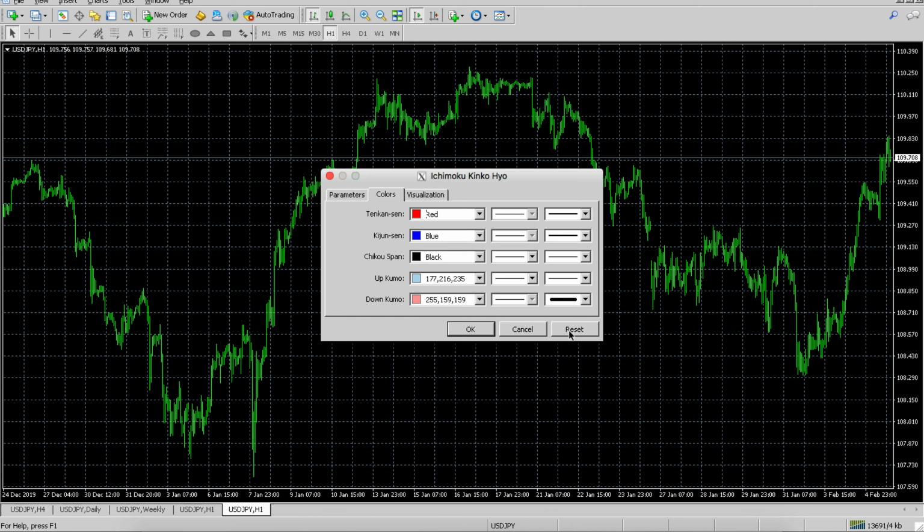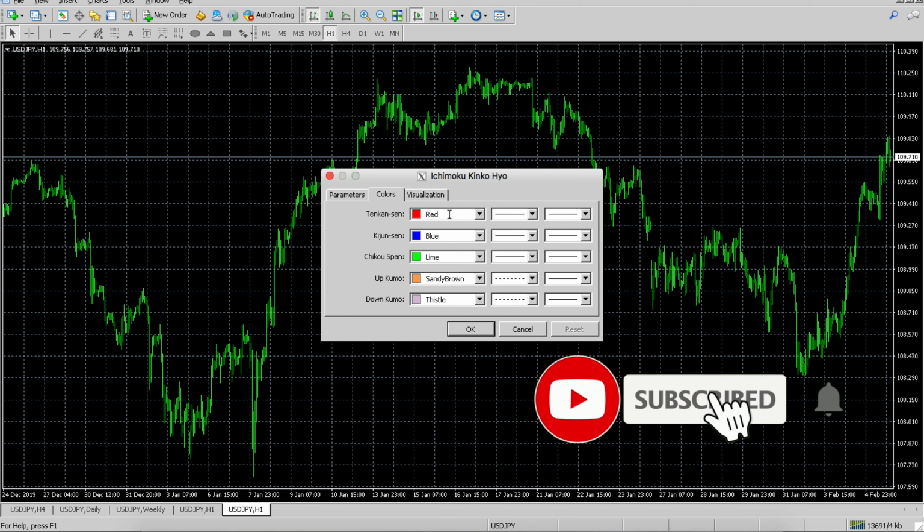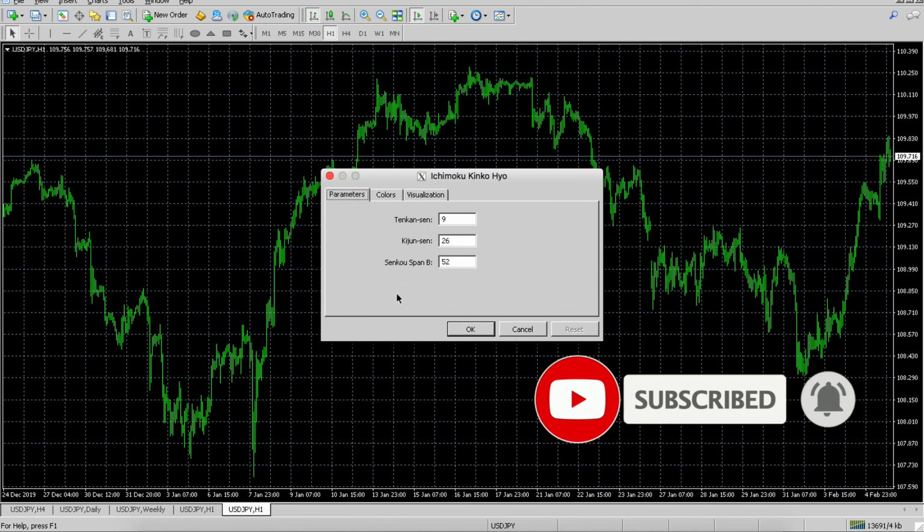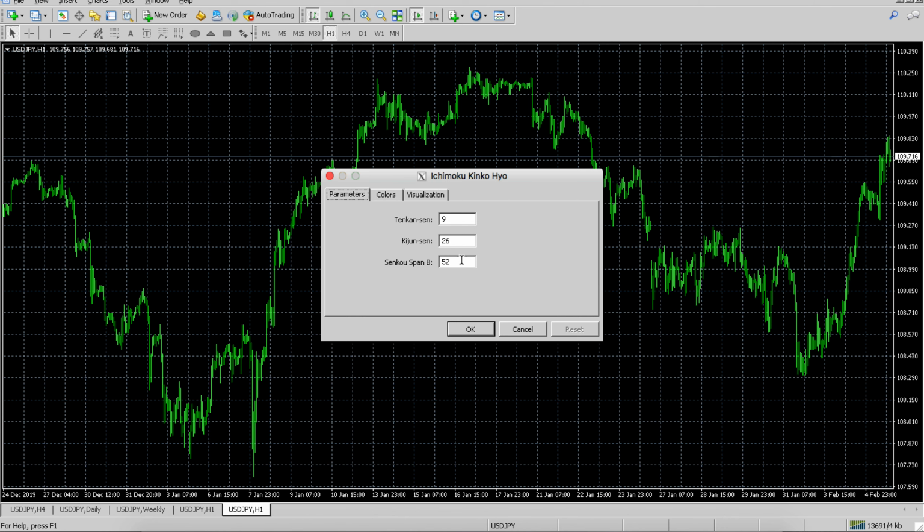When you press it, these will be the original settings, as well as the parameters 9, 26, and 52. This is very important. Tenkan-sen needs to be 9, Kijun-sen 26, and Senkou Span B 52. Don't change it, just leave it as it is.